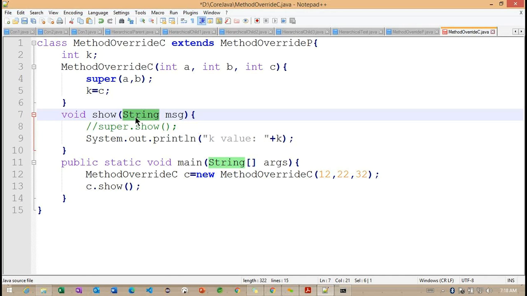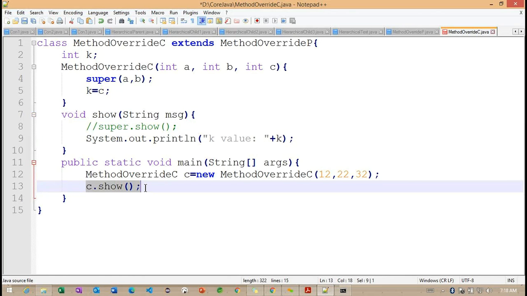Now if you observe here, if I want to call this particular show method, it is not going to call the subclass method. This show method is going to call the superclass method. Now I want to call this particular subclass method. How can we call it here? Using the subclass reference here, and I'm trying to add k. Getting the point.